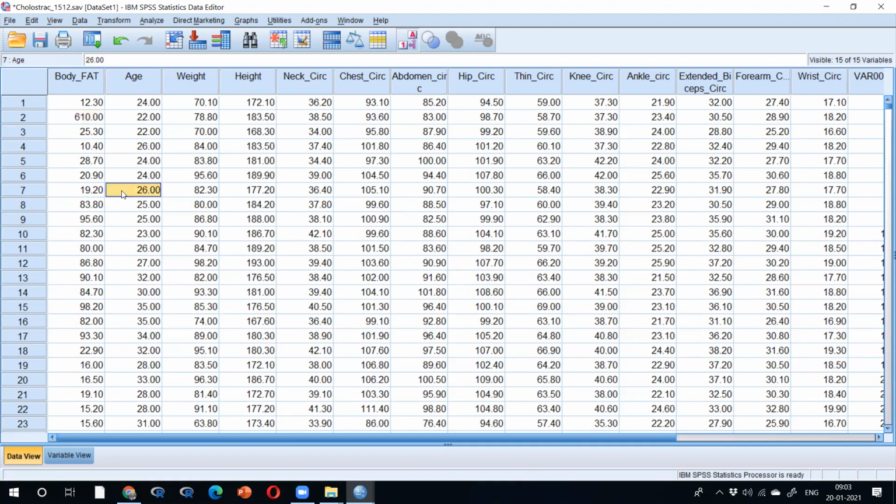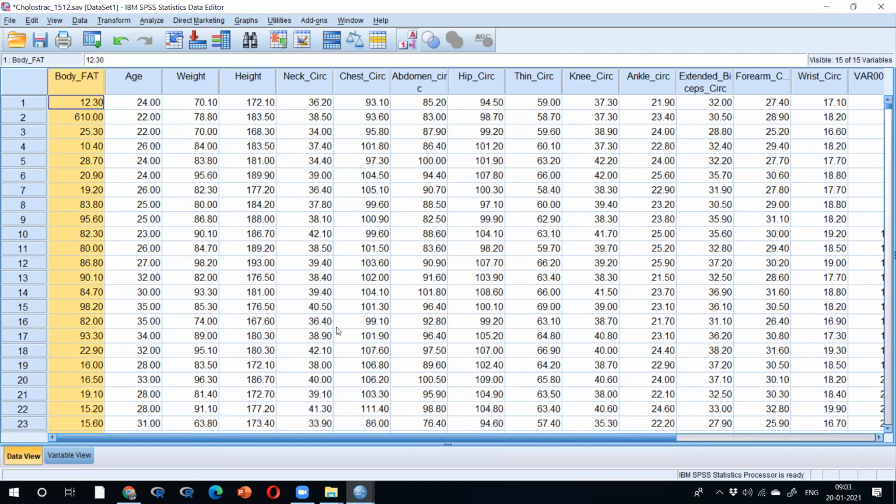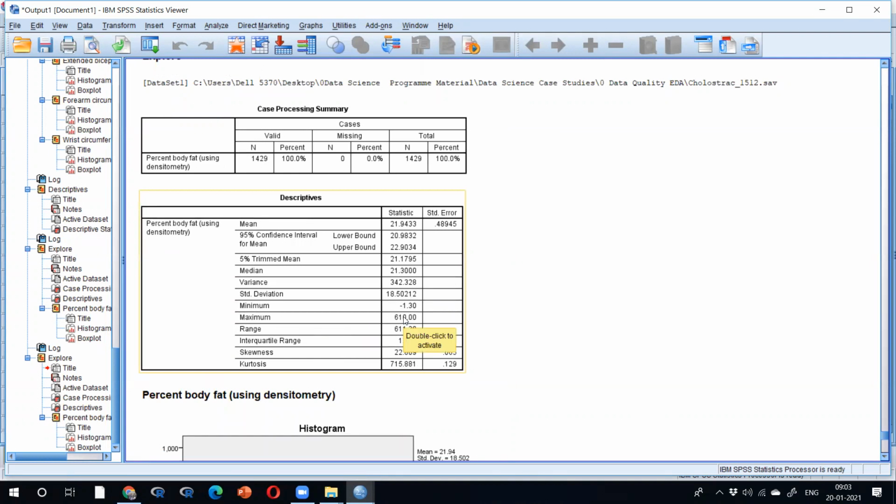So you can say, sir, this data is abnormal because in the human body, body fat will be 20, 21 approximately. But as per the skewness, some extreme data is there. My EDA is saying the maximum value is 610. Your answer should not be that this is outlier data. Sir, the human value is maximum 21, but 610 is there.